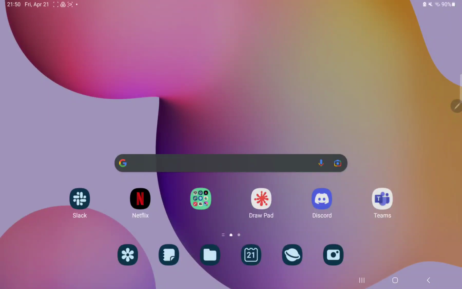Hello guys, in this video I'm going to show you how to add shapes to your drawing on the DraftPad